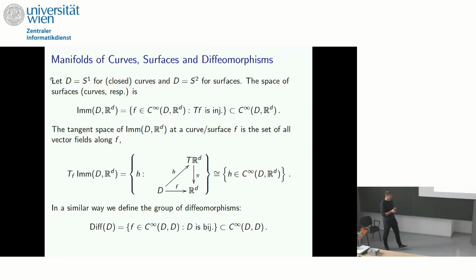In other words, a tangent vector is just a smooth mapping from the domain into the tangent space of the target space, but we just have Euclidean space, so it's just a mapping into Euclidean space. And yeah, so we have found our